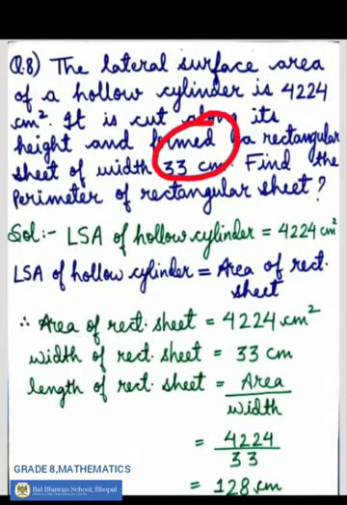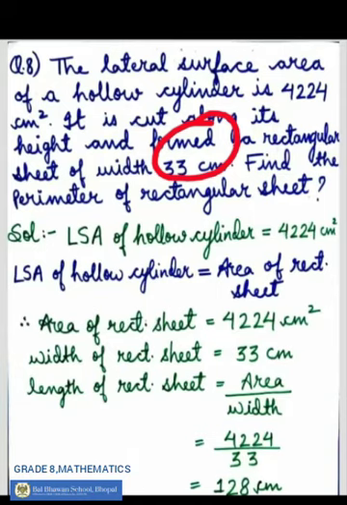Students, we all are aware of a net of a cylinder, right? Whenever a hollow cylinder is cut along its height, what happens? The curved surface portion of a cylinder takes the shape of a rectangle. And we must know one most important thing, that is the area of that rectangular portion formed is equal to the curved surface area of hollow cylinder.